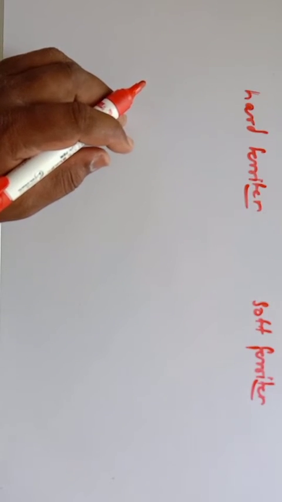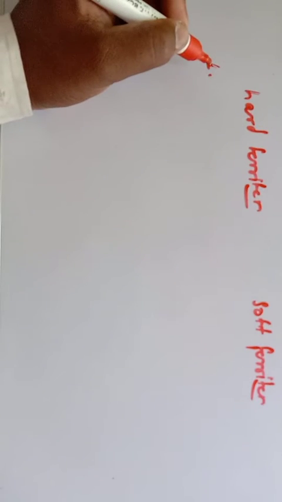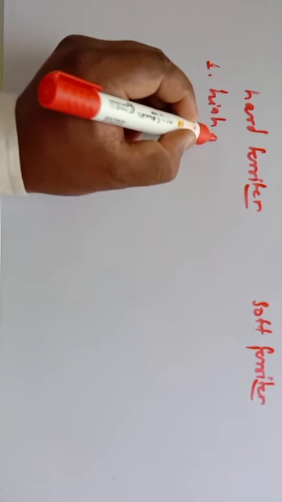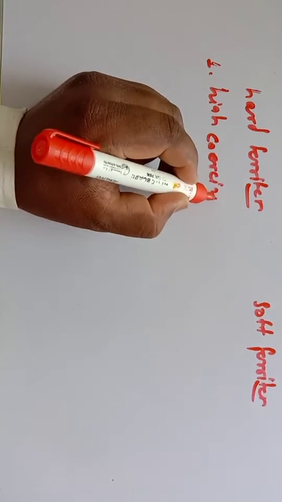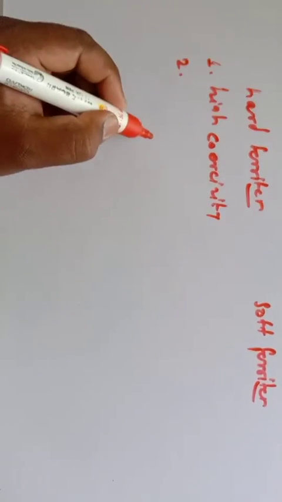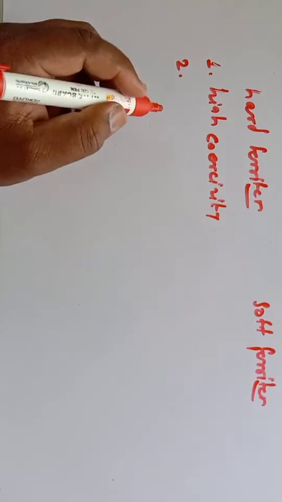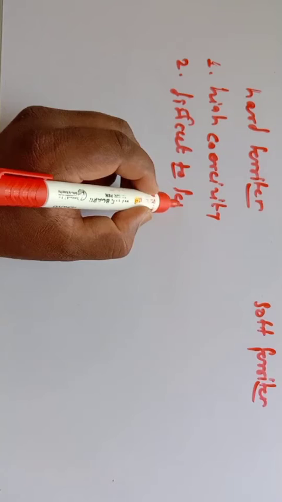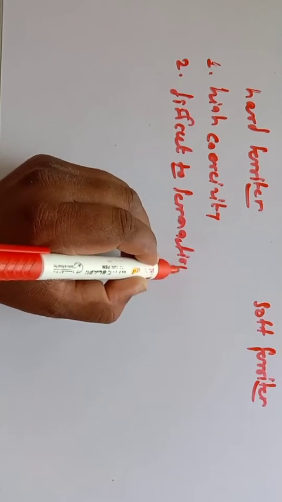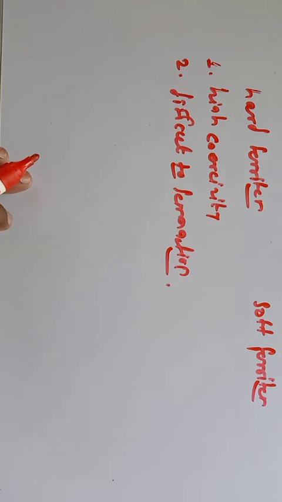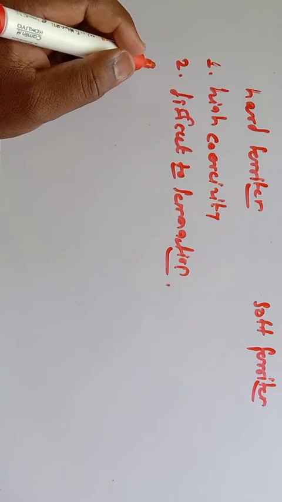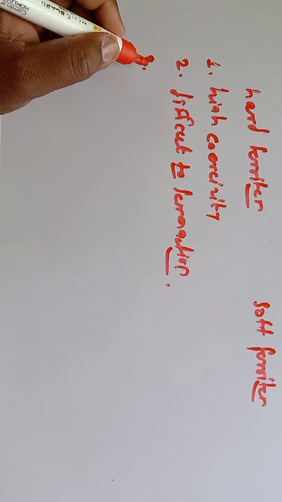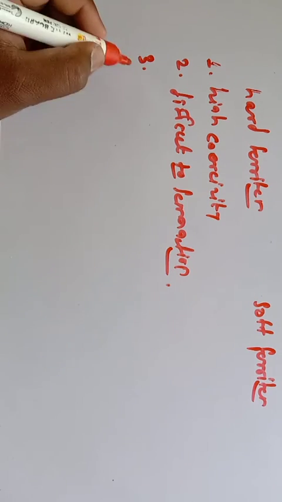If you consider the first point, the hard ferrites have high coercivity. What is the meaning of this? High coercivity means it is difficult to demagnetize. These hard ferrites have high coercivity, and so they are difficult to demagnetize. They have lots of applications. They are used in manufacturing of permanent magnets,